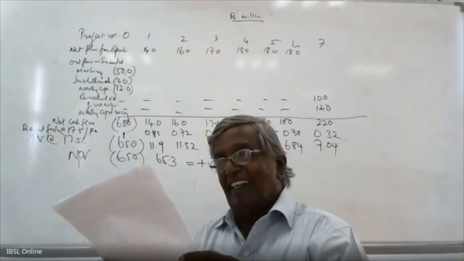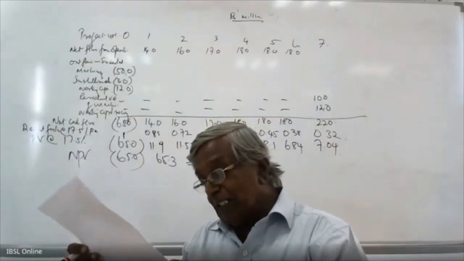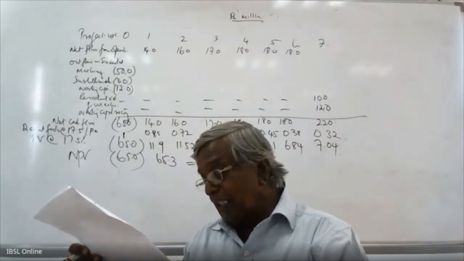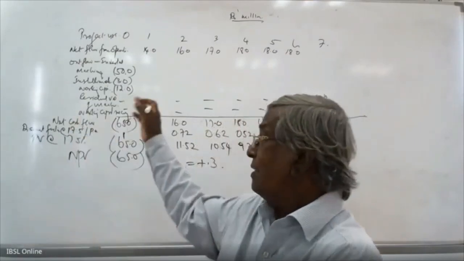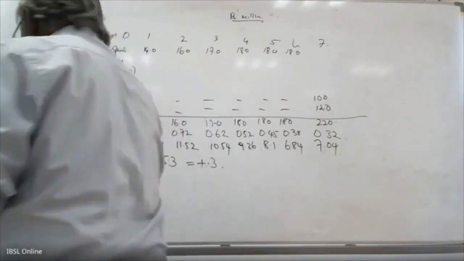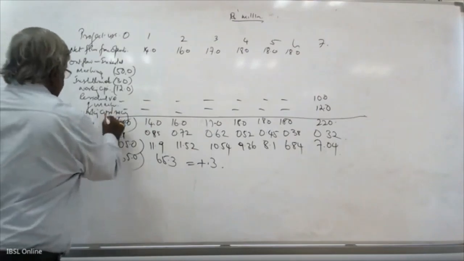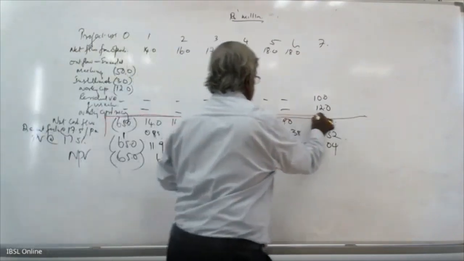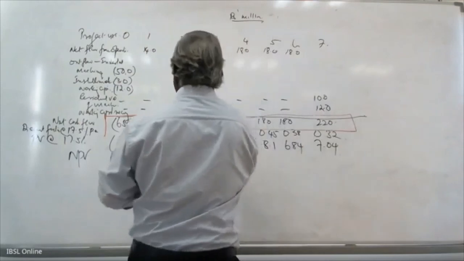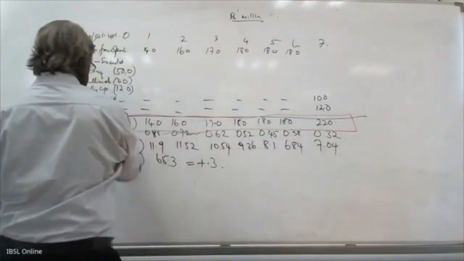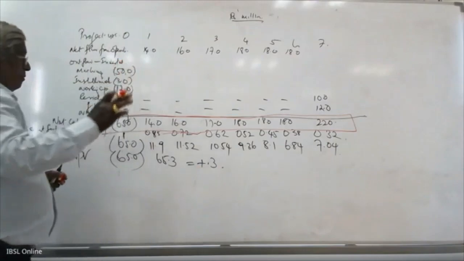Sir, can you explain the last, how to answer the last question, how to interpret, I mean, how to mention the range in the Excel sheet? How do you calculate the internal rate of return of a cash flow by using Excel spreadsheet? So this is the range. Yeah, in this one, net cash flow, this is the range. So, now if you are doing simply way, this is the range.